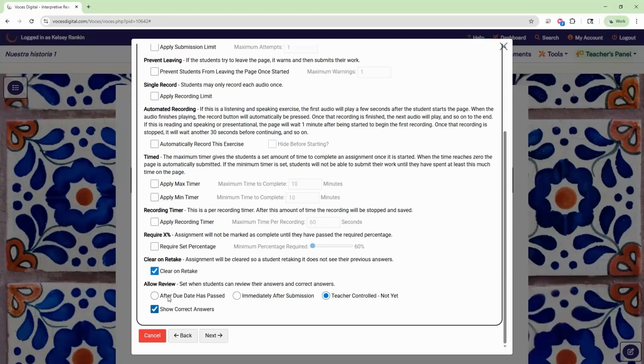So the correct answers will follow whatever we have set here. If I'm showing the correct answers, students will not be able to resubmit. So even if, let's say I have immediately after and show correct answers, and the activity has 5 attempts available, if the students complete it once and see those correct answers, they cannot adjust their answers while the correct answers are showing. So just something to keep in mind as we're creating the assignment is sort of how do I